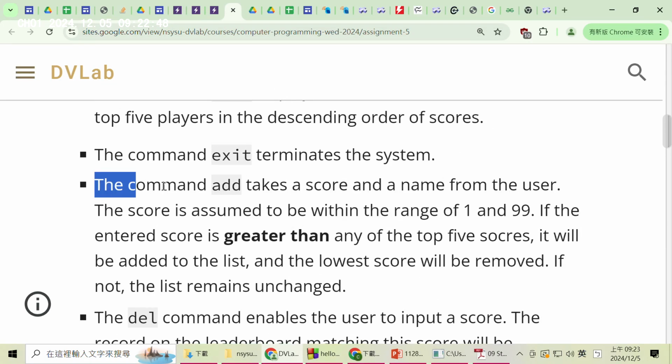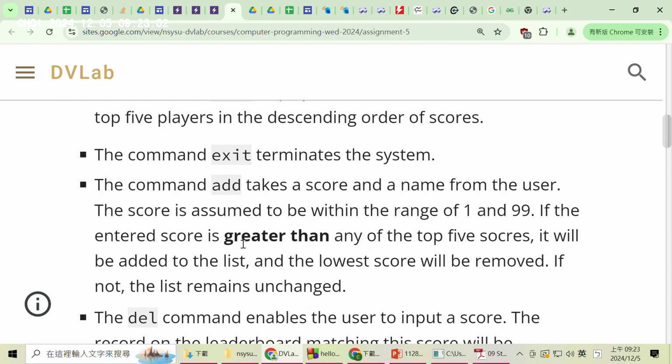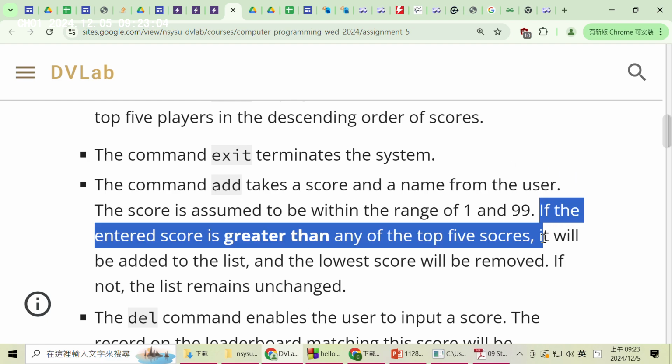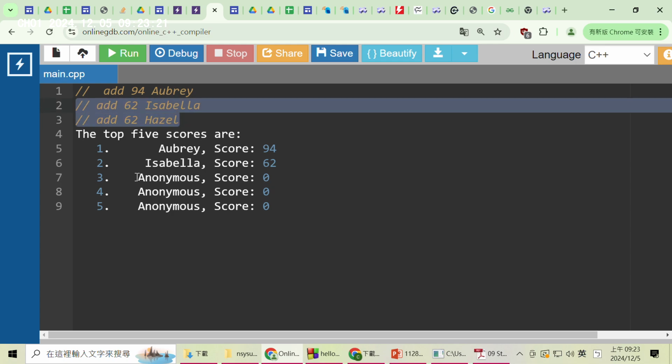According to the instruction, if the entered score is greater than any of the top 5 scores, it will be added. So according to this rule, the later input should be below the previous input. So after this command, the leaderboard becomes